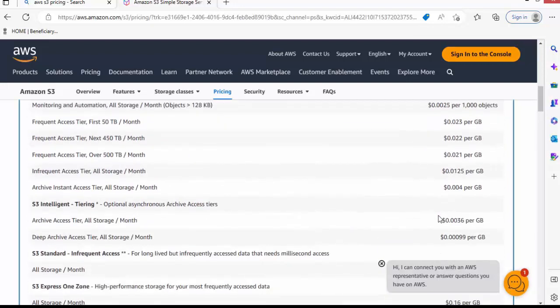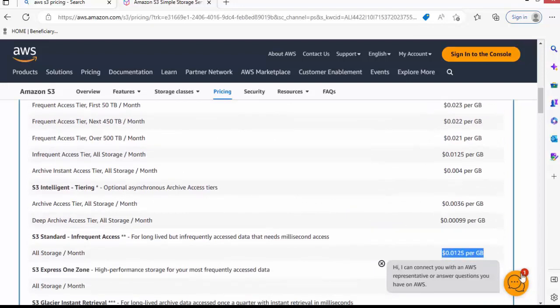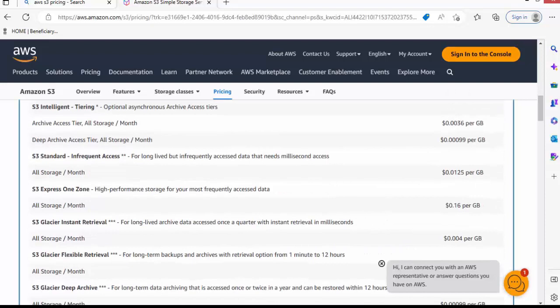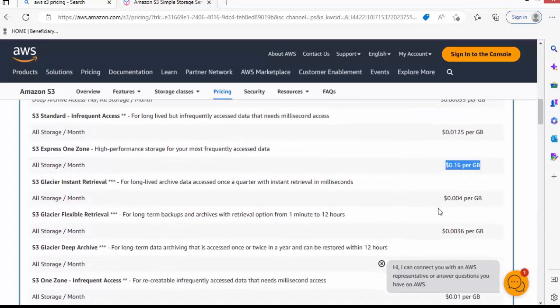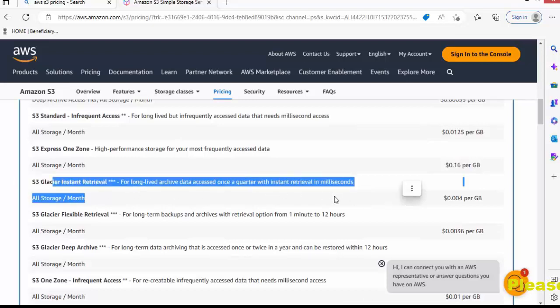Here also you have to pay 0.0125, but for the standard storage you have to pay 0.023 per GB. In Express One Zone it becomes 0.16, a little costlier. But if you are using Glacier Instant Retrieval,